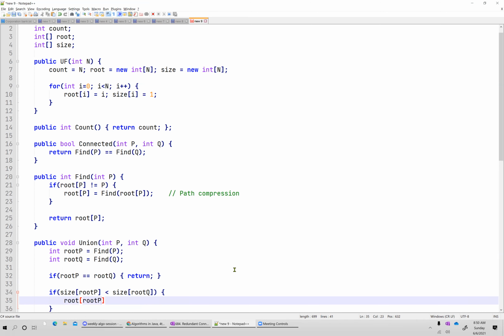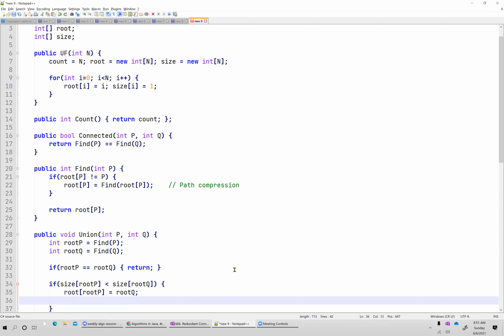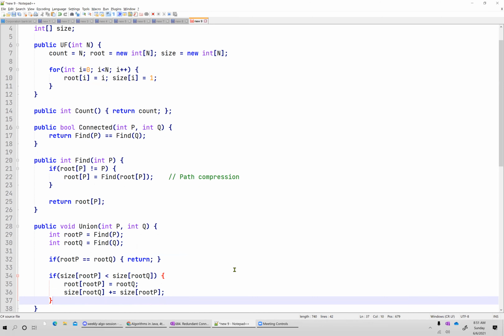So root of root P equals root Q. And since we are changing the root of root P to root Q, size of root Q plus equals size of root P. It will be plus equals the smaller tree's size, size of root P. Correct? Yes. Good.